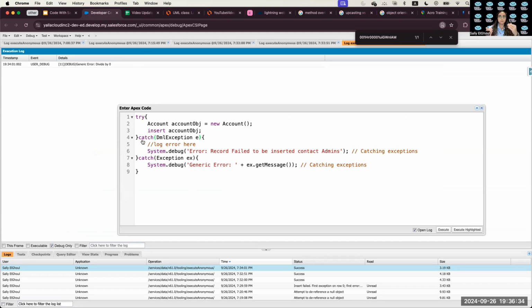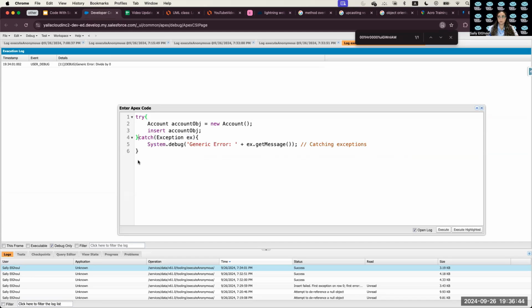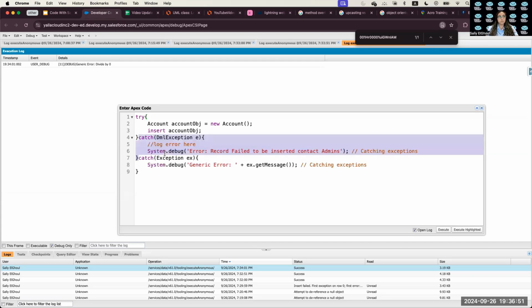What you can do is that you can add different blocks. And if you don't need different blocks and you want to merge all together, simply you can remove the specific. So you can have only the generic catch. The generic catch will catch any type of exception. But usually, the reason why we do different, because sometimes you have your custom error, because sometimes you want to throw a custom error, and we saw this in action when we were talking about that in class, and you want to throw a specific text and you want to take it as is,